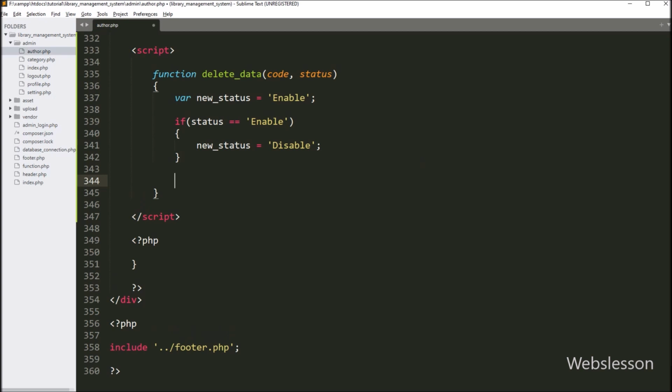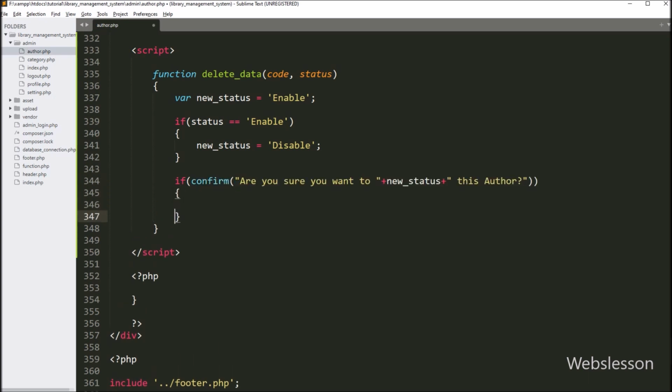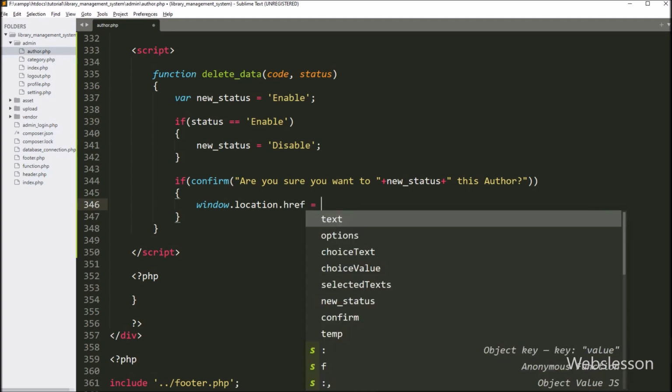Now we have to write if statement, and under condition, we have to write JavaScript confirm statement with message like, are you sure you want to value of new status variable, this author? So it will pop up message on web page with OK and cancel button. If admin has been click on OK button, then it will execute if block of code, and under this block, we have to write